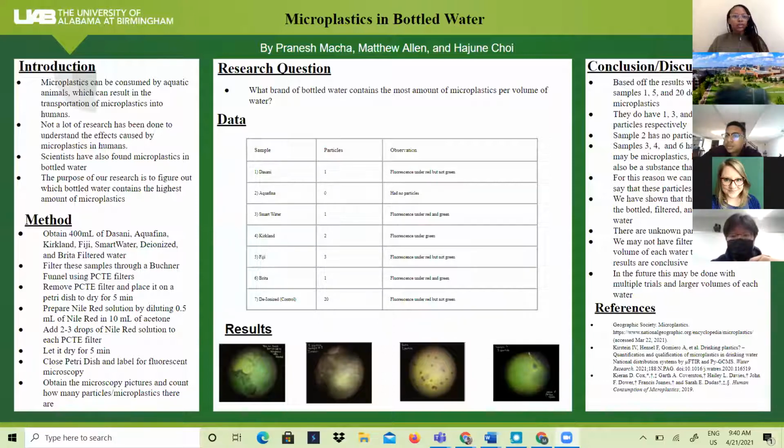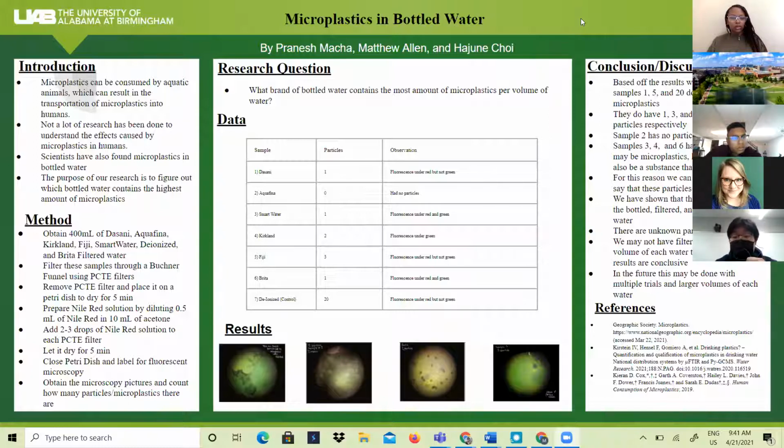Our research question was what brand of bottled water contains the most microplastics per volume of water. A little bit of the introduction: microplastics are consumed by aquatic animals, and then they could be transported into humans. Not a lot of research has been done on how microplastics affect humans. So the purpose of our research is to figure out which bottled water contains the highest amount of